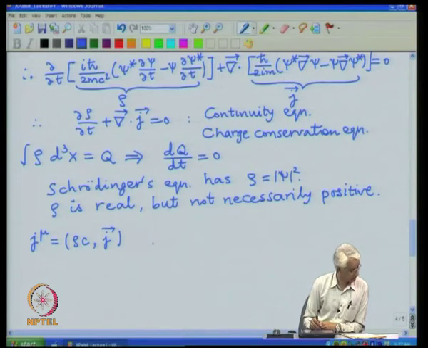It will satisfy the relation which now absorbs both these quantities into one equation using a 4 derivative, and it can be written as